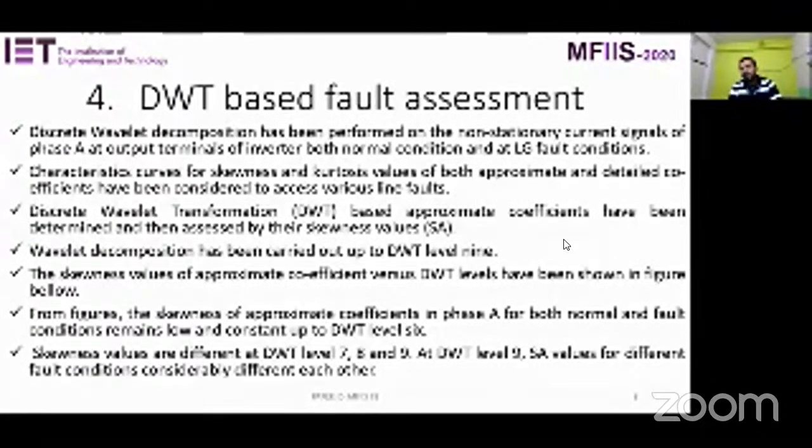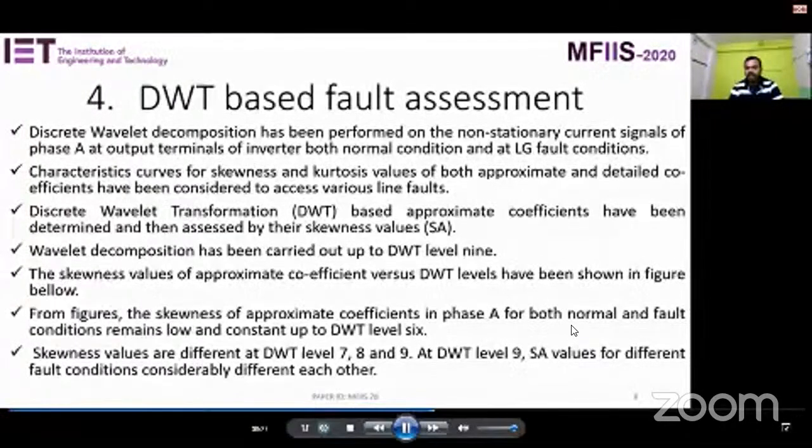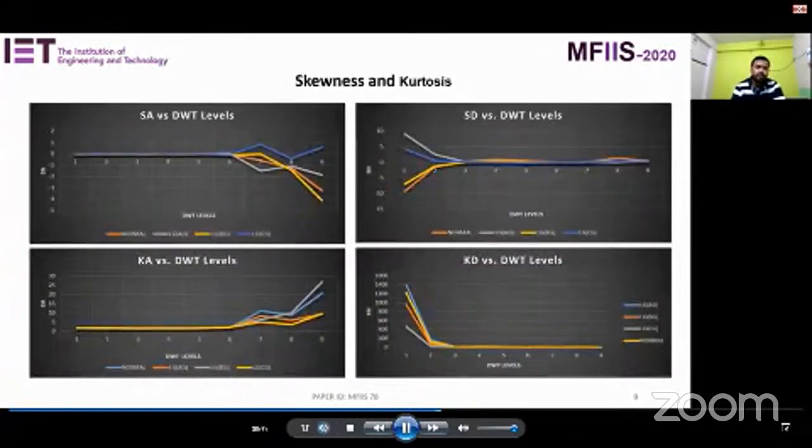The skewness values are different at DWT levels 7, 8 and 9. At DWT level 9, the SA values for different fault conditions are considerably different from each other. So these are the different natures